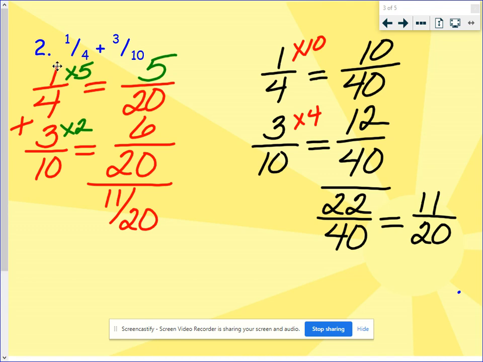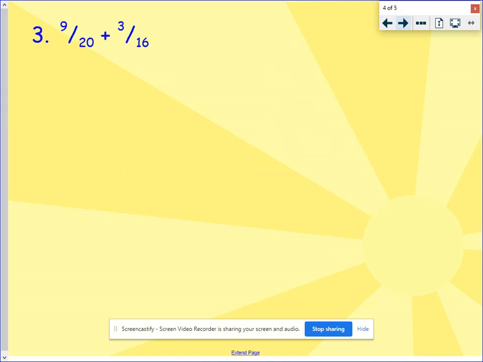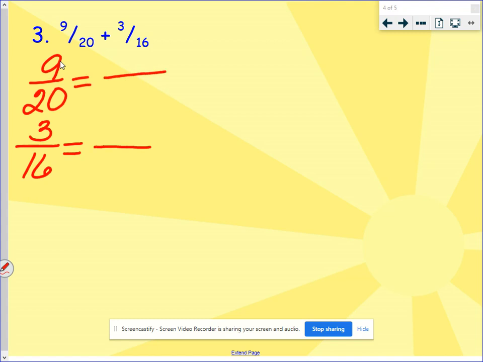One more example for your notes. Number 3, we are going to take 9/20 plus 3/16. Looking at this, I'm saying to myself, what is the common denominator of 20 and 16? I'm having a little trouble with that. So I have to go in my mind, or on a piece of paper, which I'm going to show over on the side, my common denominators of 20 and 16. Well, I know that 20 goes